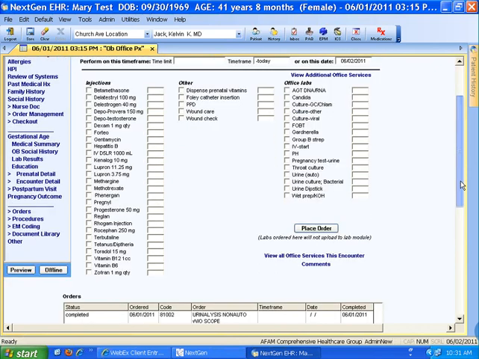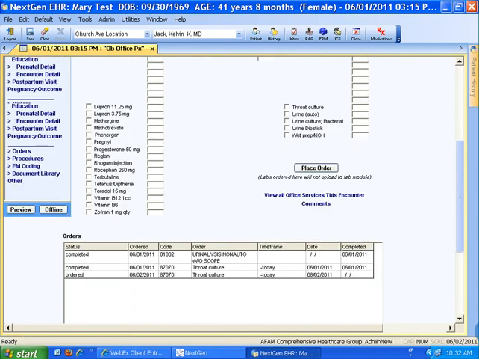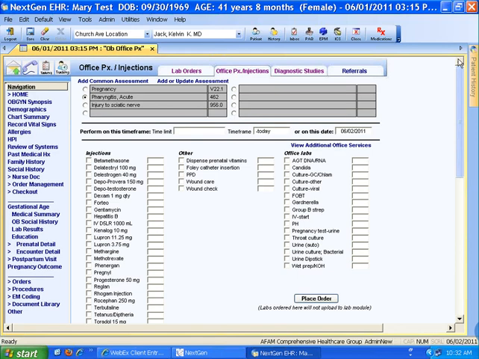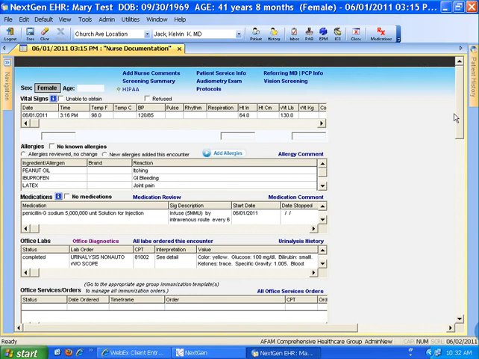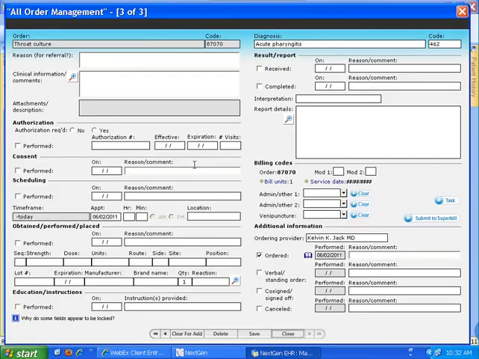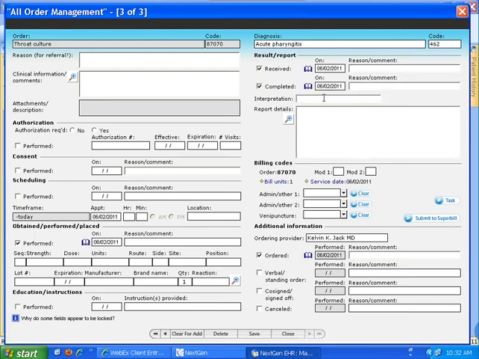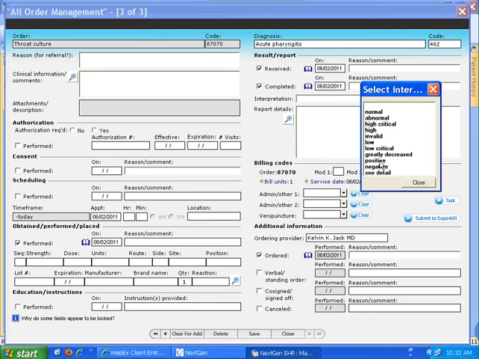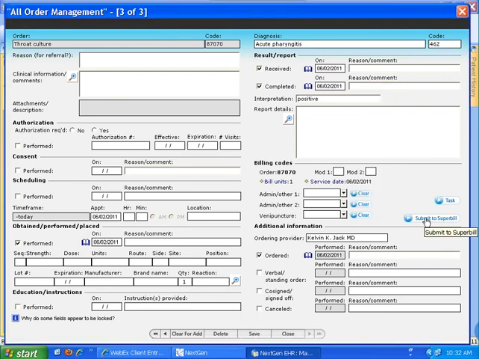When they place that order, not only has it been placed and it's part of the chart as ordered, you can see down here. If he then calls his nurse and says, can you go swab her throat, she can come in with a swab kit. She swabs. She leaves. She can come right back over to her nurse doc after it's done to result it, because the order is going to be living in here. There's my throat culture right there. So a double click opens up orders management, and we can say it's been performed, received and completed, and the result is positive for strep. Submit the super bill,